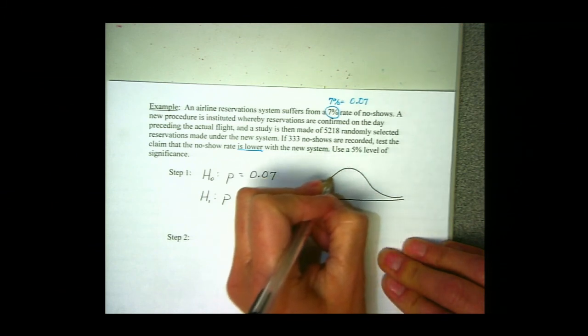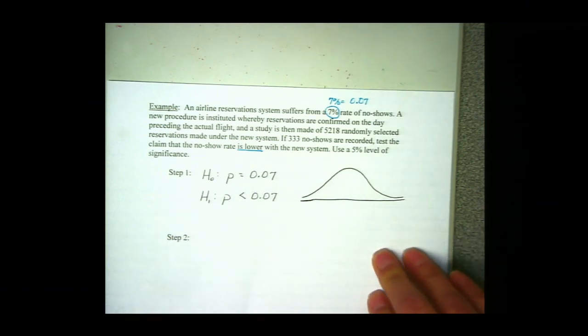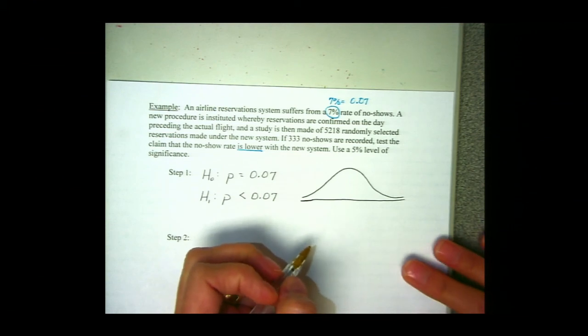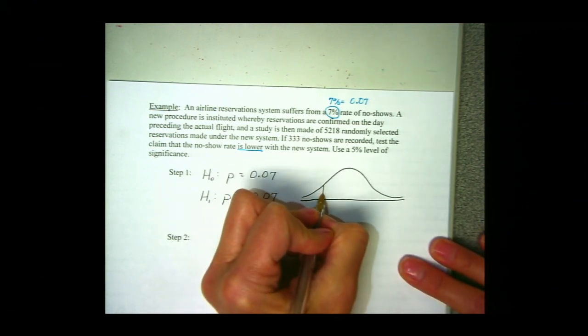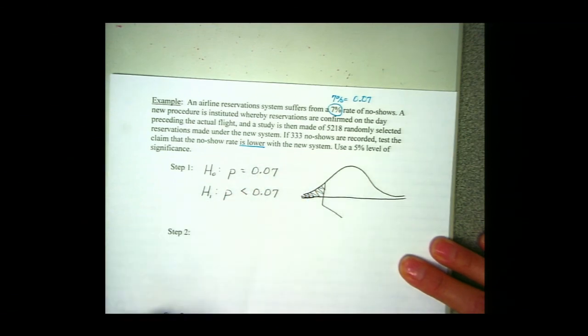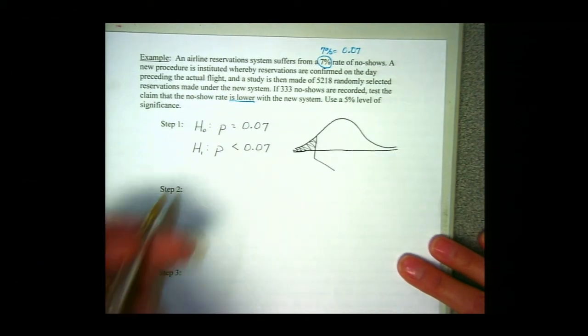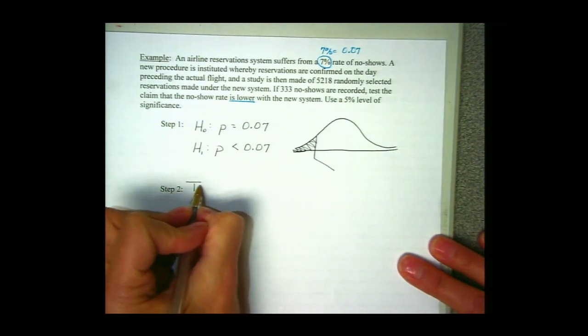Just don't forget, if it were to be a greater than, when you get down to the p-value, you would have to do 1 minus the number from the table. So just refer back to the first page of the notes. But we have a less than again. All right. So on step 2, which is our test statistic,